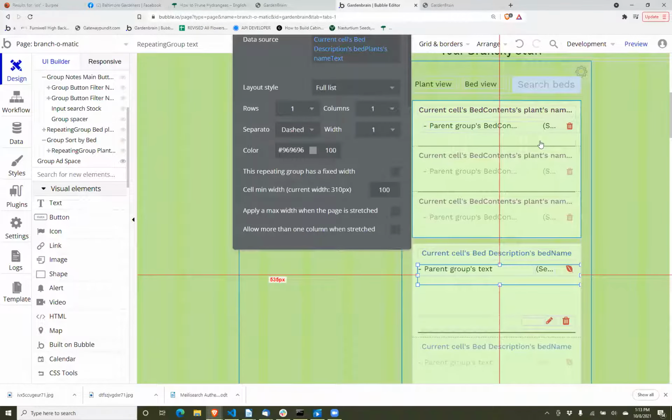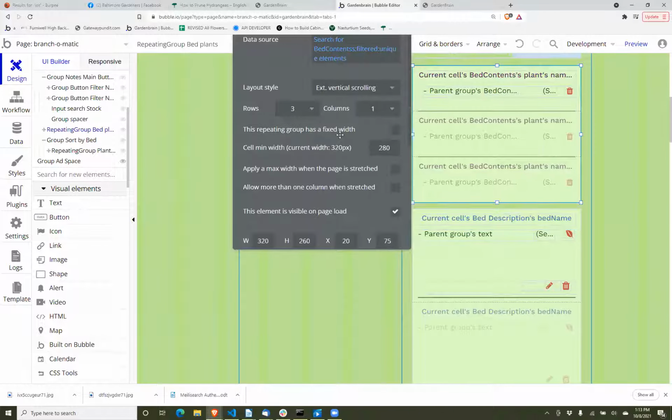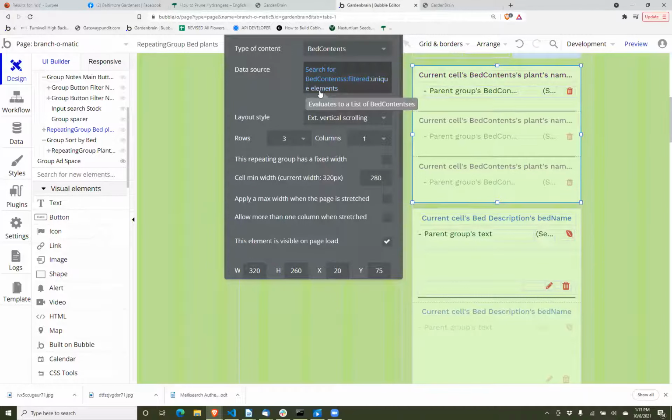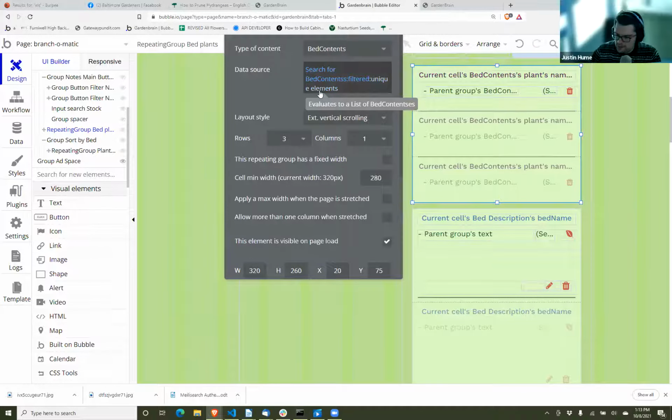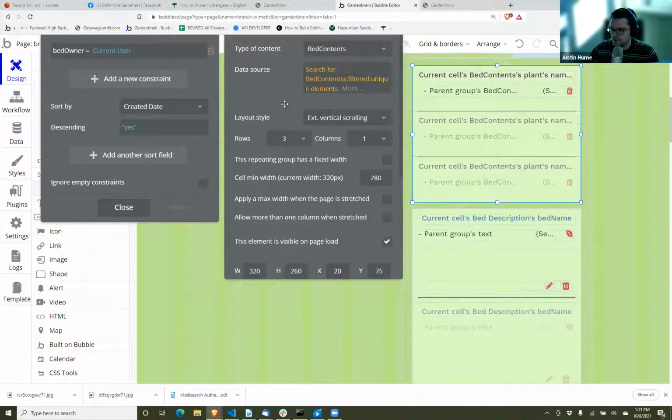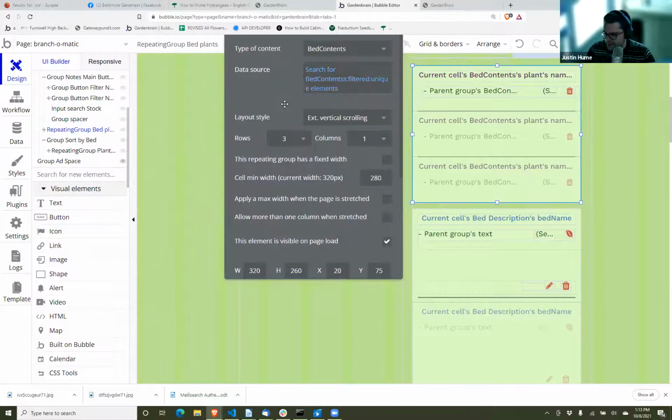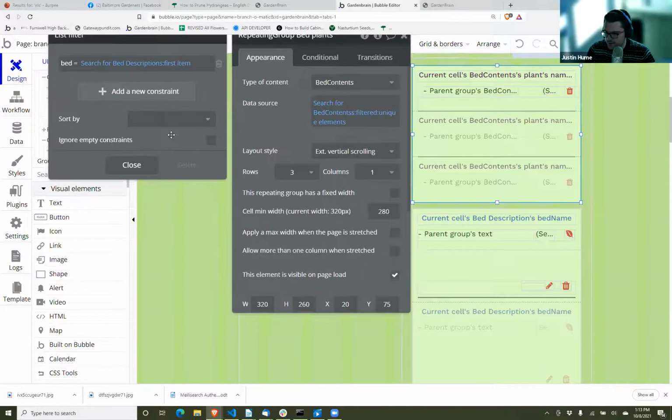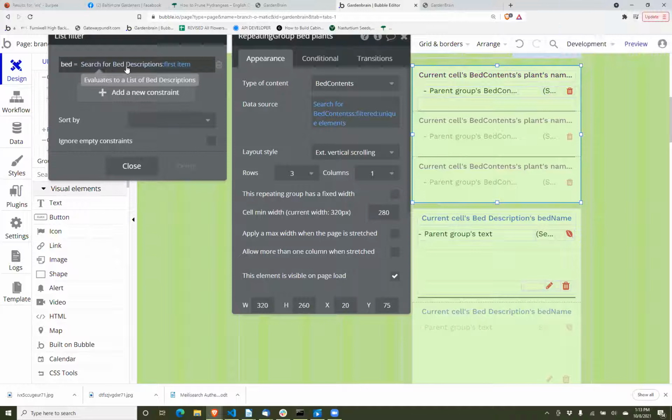I hope so. So this one, I don't think this is that. I think I'm missing something. Unique elements isn't working and I don't know why. Do you have two of, so it's bed contents, right? And then you're filtering by bed contents, unique elements. Bed I'm filtering equals by bed descriptions and I'm doing a search to count,